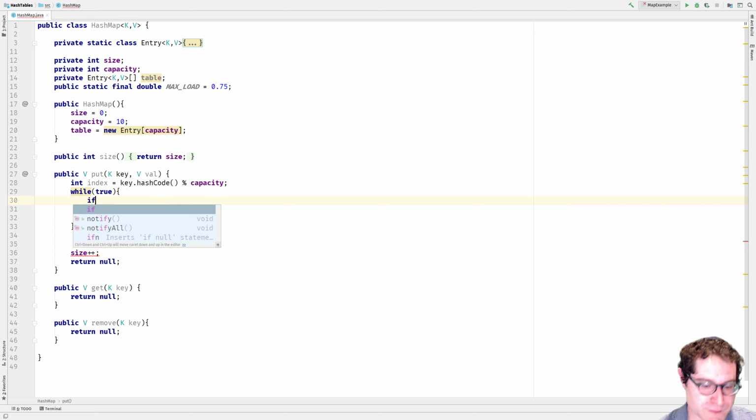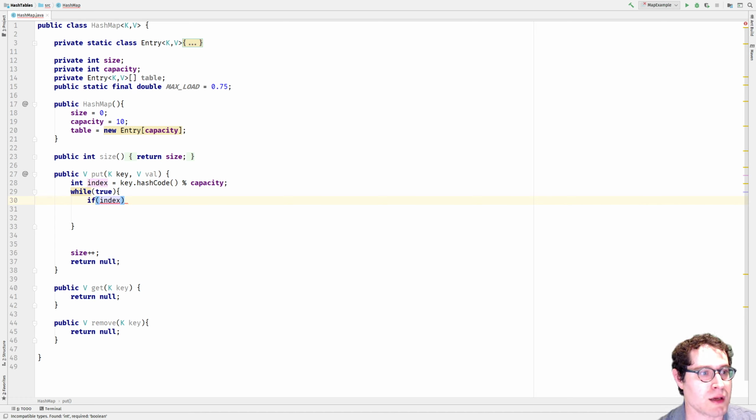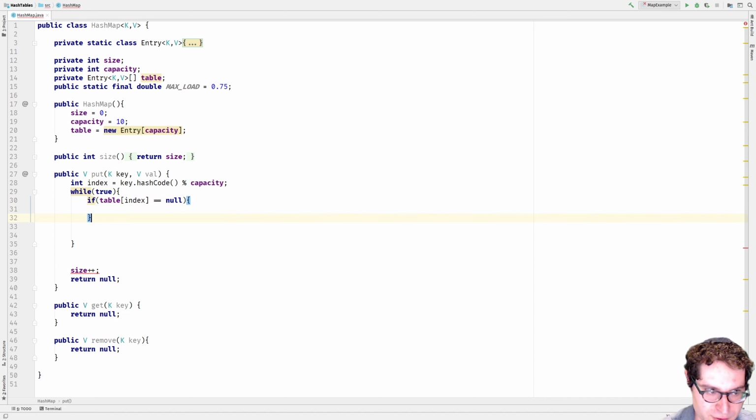So if table index equals null, that's one condition we've got. If the table index is equal to null, basically we've hit an empty spot. Great, we want to put our new key in there. Else,